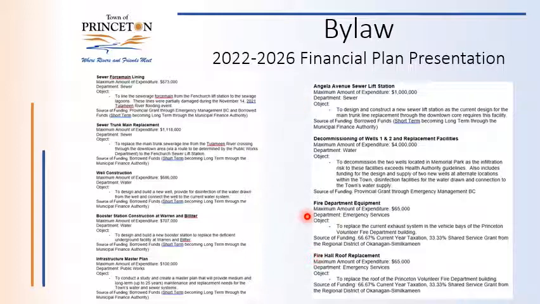The last 2 projects here are fire department. So the fire department equipment and fire hall roof replacement are both carry forward projects from 2021. The roof replacement project did not get completed as the proponent that was chosen could not fulfill the contract due to health reasons. The fire department equipment, which will replace the exhaust system for vehicles that operate within the fire hall, was put on hold as the source had supply issues getting the new exhaust system into their possession so they can install it. So that needed to be deferred to 2022.